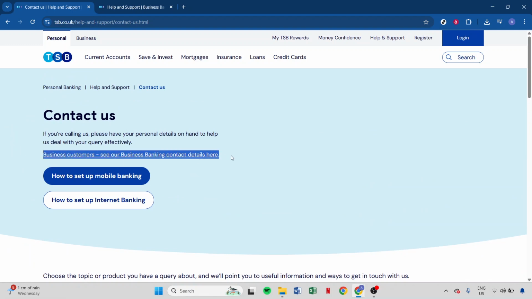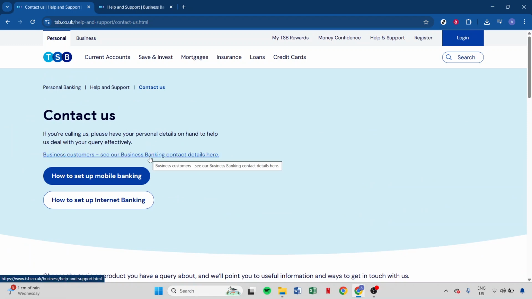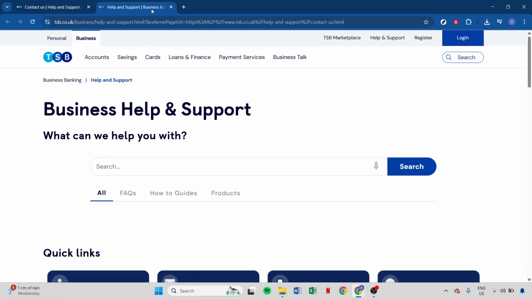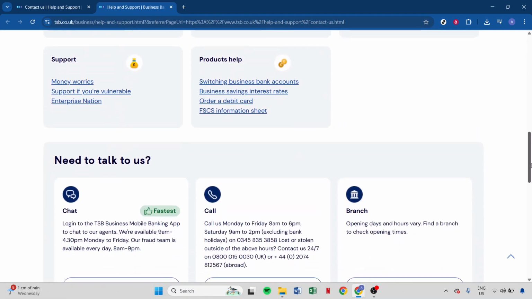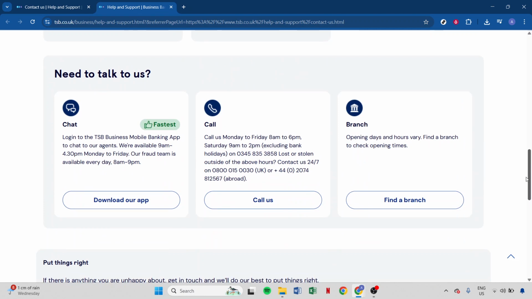Simply click on the link that says Business Customers. See our business banking contact details here. This will take you to a page that outlines how business-related queries can be directed and handled. As you navigate through these options, you might want to take note of different support hours or services to ensure